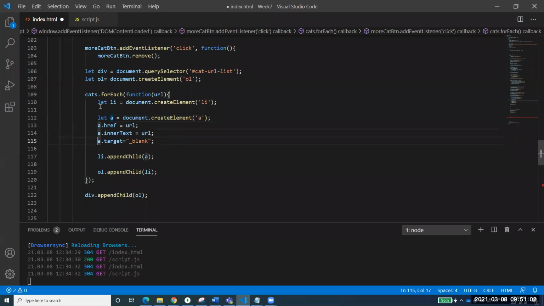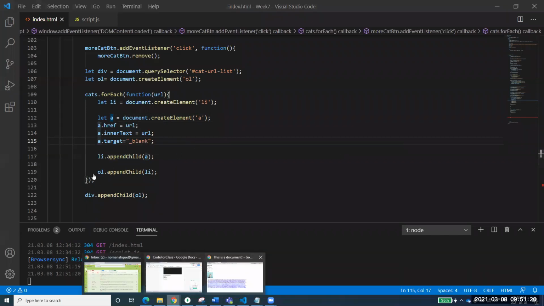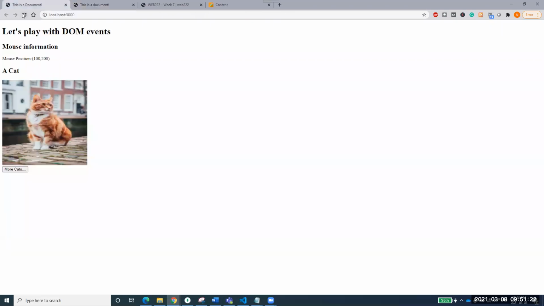So you remember in HTML we say that if you are using the target equal to underscore blank, it will open up here. And now what we're doing is li.appendChild(a). So first of all, we are appending this a to li, because it will become the child of li, and then this li should become the child of ol. Now let's save that and run our file. This is our document. Run that one, and now if you click on this,